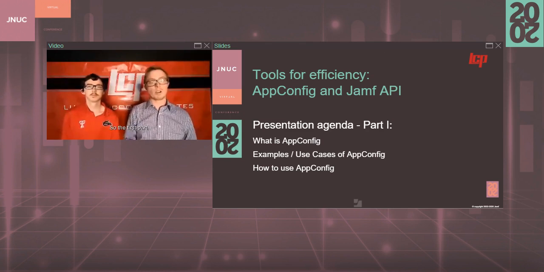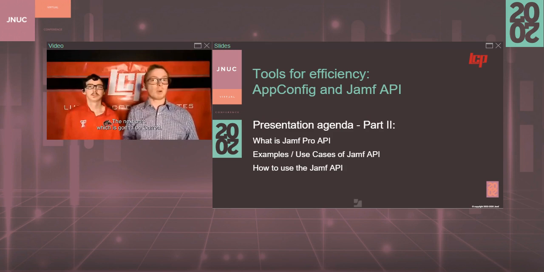So the first part, which is what I'm going to be covering, is AppConfig. I'm going to give an example and a use case for AppConfig, as well as how to use it. The next part, which is going to be Garrett, is what we're going to cover for the